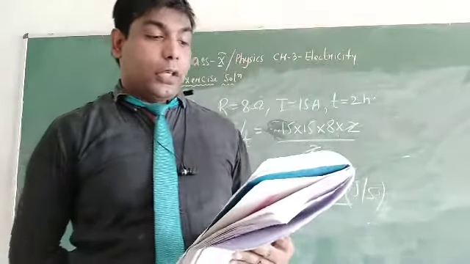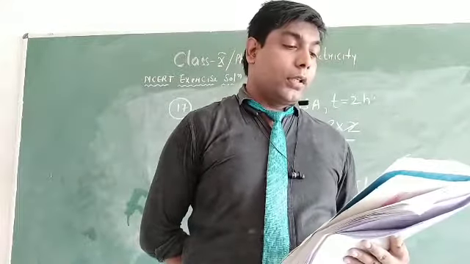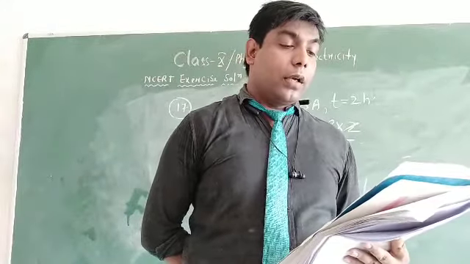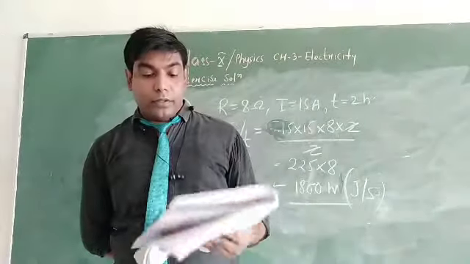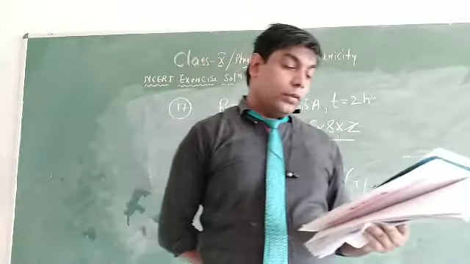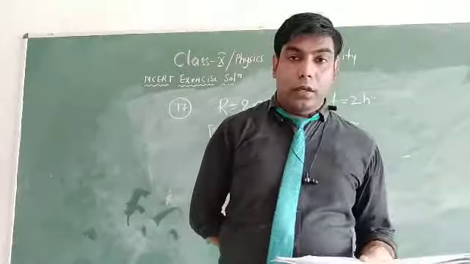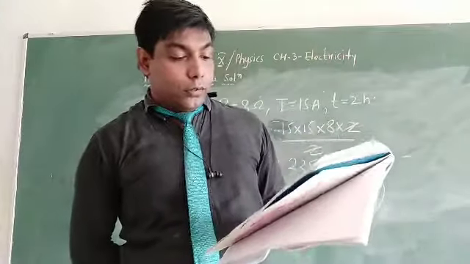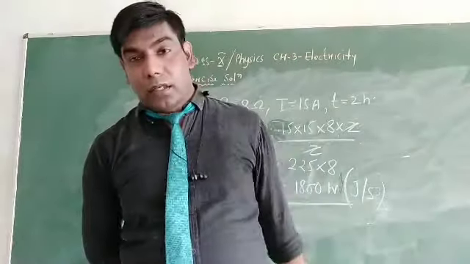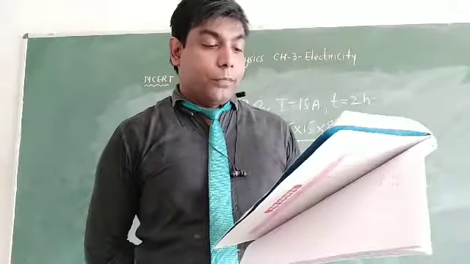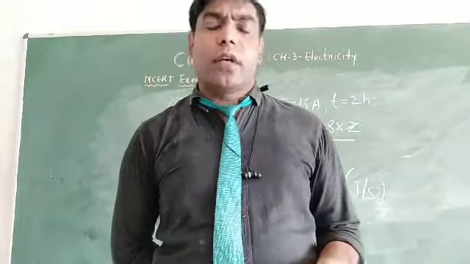Second, why are conductors of electric heating devices such as bread toasters and electric irons made of alloy rather than pure metals? Right? Same, that is, alloys have high resistivity. They do not oxidize at high temperature. That's why we generally use alloy as the electric heating element in electric iron, heater, etc. Right? Answer is that it has high melting point and also its resistivity is high.